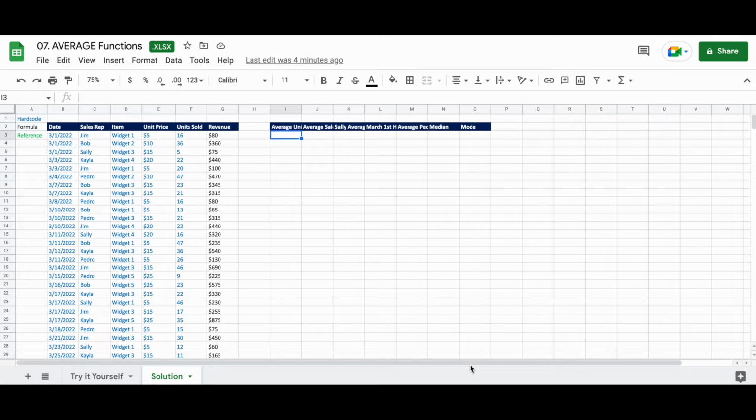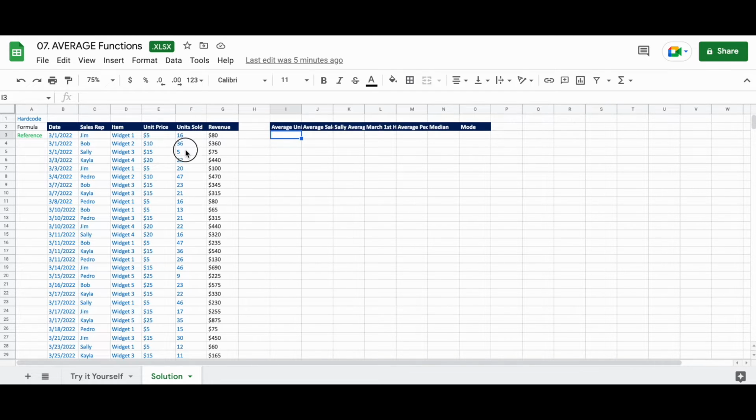First, we are going to try the average function. The average function will look at number values, including zeros, but will ignore blank cells. So let's say you're asked to report on the average order size in March. If you think back to session 2, you could go through and add up all the cells and then divide them by the number of non-blank cells, or you could highlight the range and use the status bar, or you could use the average function.